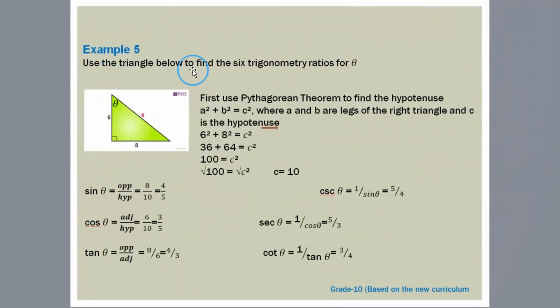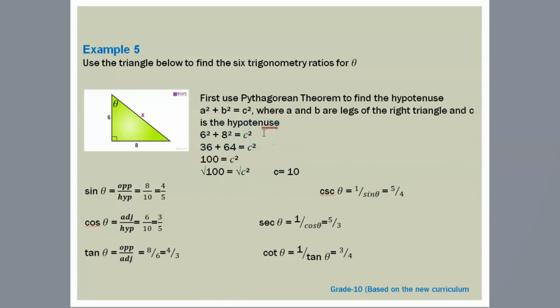ኤግዛምፕል 5፣ use the triangle below to find the six trigonometric ratios። ይህን ትሪያንግል በመጠቀም እዚህ ጋር ያለችው አንግል ቴታ ነች። ይሄ ሳይድ 8 ነው ርዝመቱ፣ ይሄ 6 ነው። ስድስቱንም ትሪግ ሬሽዮ ለዚች ቴታ ፈልጉ ነው። ሳይን ቴታ፣ ኮስ ቴታ፣ ታን ቴታ፣ ኮሴክ ቴታ፣ ሴክ ቴታ እና ኮት ቴታን ፈልጉ። በጣም ቀላል ነው። ሃይፖቴነሱን በፓይታጎረስ ቲዮረም እቺን ኤክስን ማግኘት ይችላለሁ። ይሄ ስኩዌር ኢኳል ቱ ይሄ ስኩዌር ፕላስ ይሄ ስኩዌር። እዚህ ጋር ሶሉሽኑ ስላለ እዩት። በጣም ቀላል ስለሆነ እዚህ ላይ ብዙ ጊዜ መፍጨት አያስፈልግም።